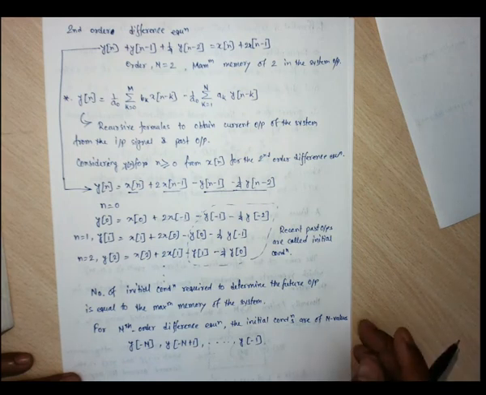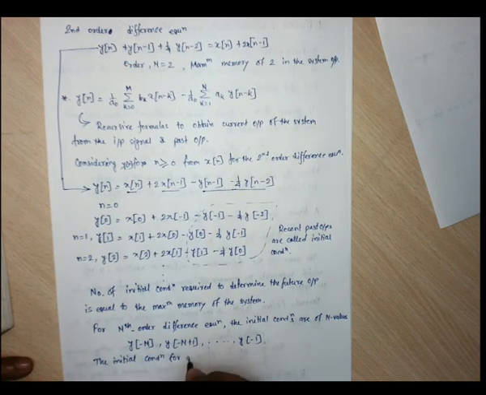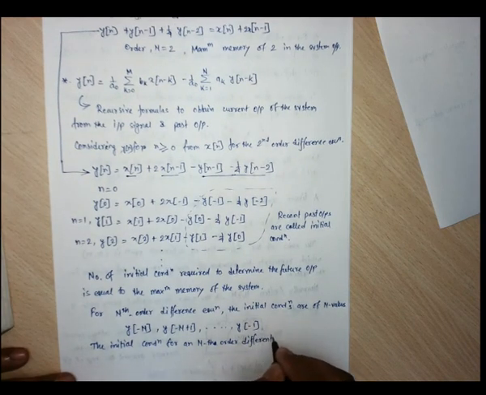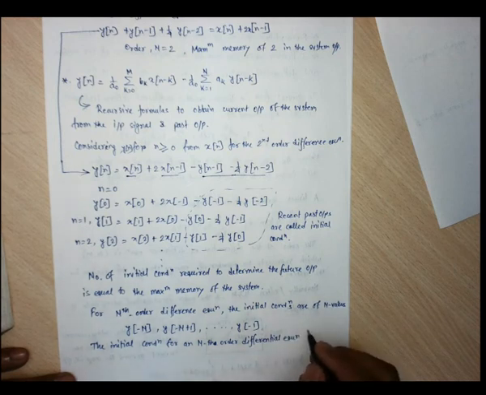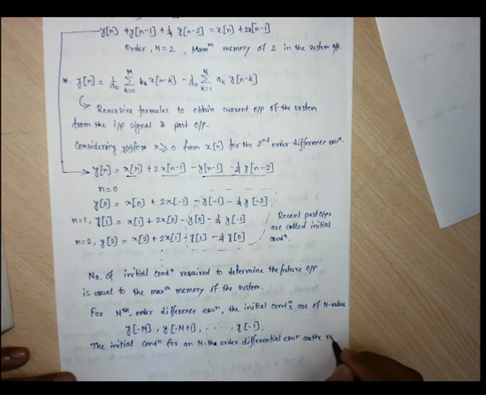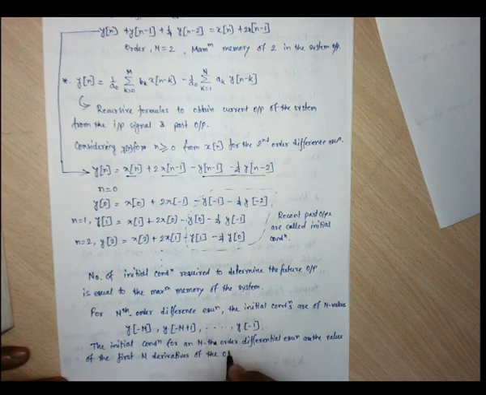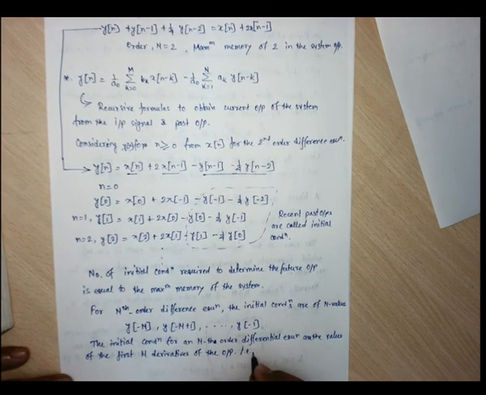In the same way, the initial conditions for an nth order differential equation are the values of the first n derivatives of the output, that is y of t at t equal to 0, and these initial conditions are the past values, so I am taking 0 minus,